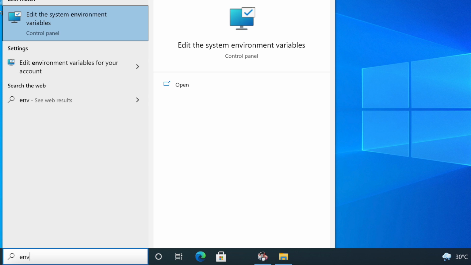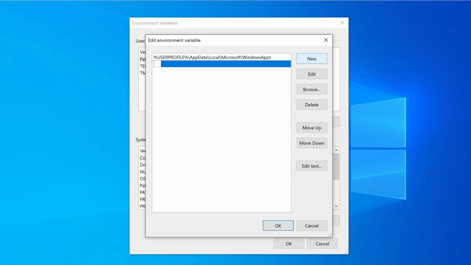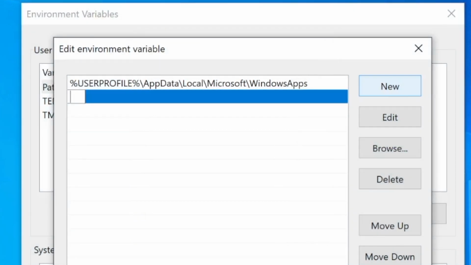Now you have to set the environment variables. Press the Windows key, type env, and then you have environment variables. Double click on path. Next dialog box, click new, and then you type